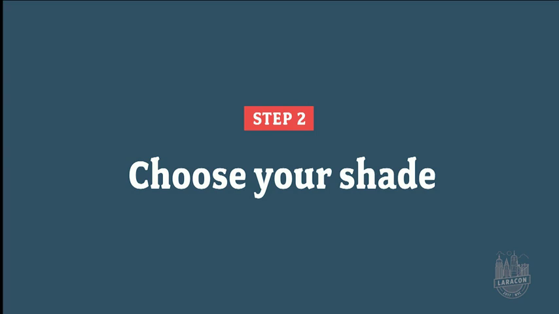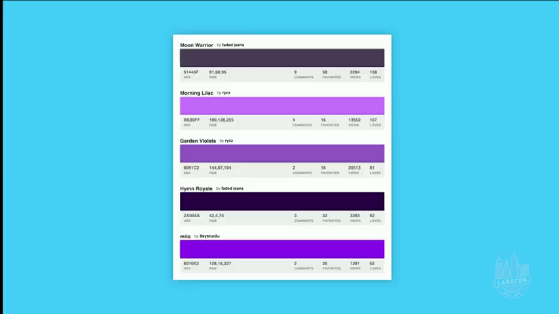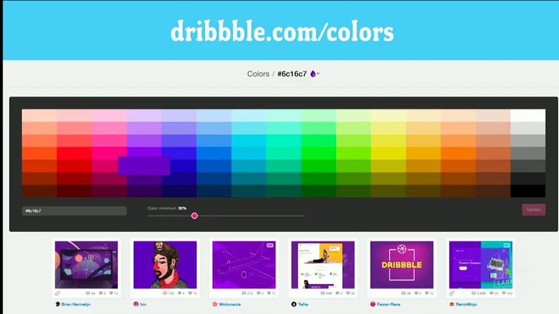And I don't know about you, but I can pretty much never pick a decent color if I'm using the color picker, or if I go onto something like Color Lovers and I'm just looking at these colors. Because I find it really hard to tell which shade is going to look good applied to a website. And I always end up picking the wrong one. So instead, what I typically like to do is go to